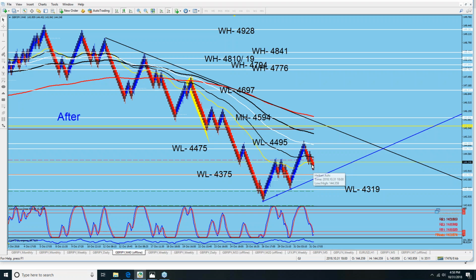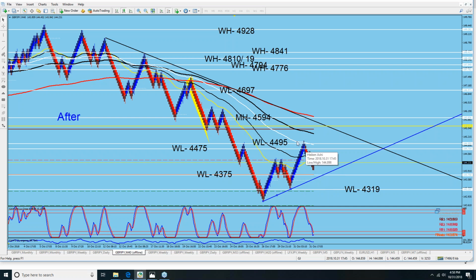Technically, you have to be at the station or leaving the station, but unfortunately this pair is like in the middle of nowhere. You got the station on the right hand side, you got the station on the left hand side. So which way is it gonna go? Wherever the news comes and pushes. So far we have pound strength, so most likely it's gonna go up, but it can come down easily,